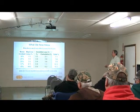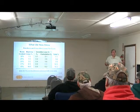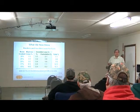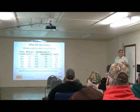And then it increases as the moisture goes down. The invisible losses, which is at 30%, we think of 30% as being mature, or black line being mature, but black line occurs somewhere in a wider range than 30%. But once it black lines, no energy really leaves or comes into the kernel, but from that point on,